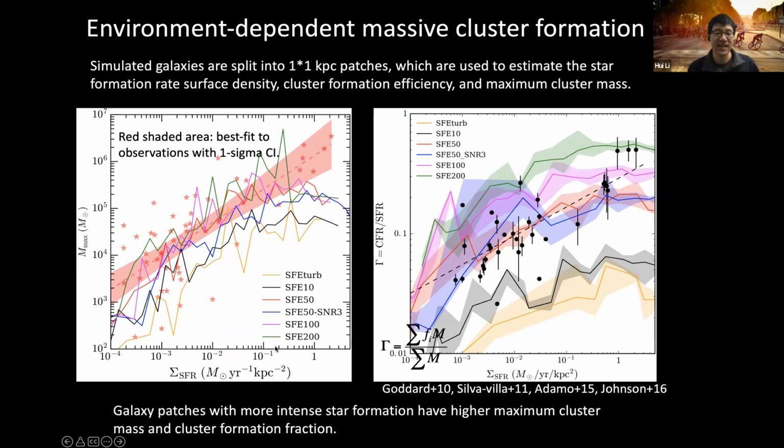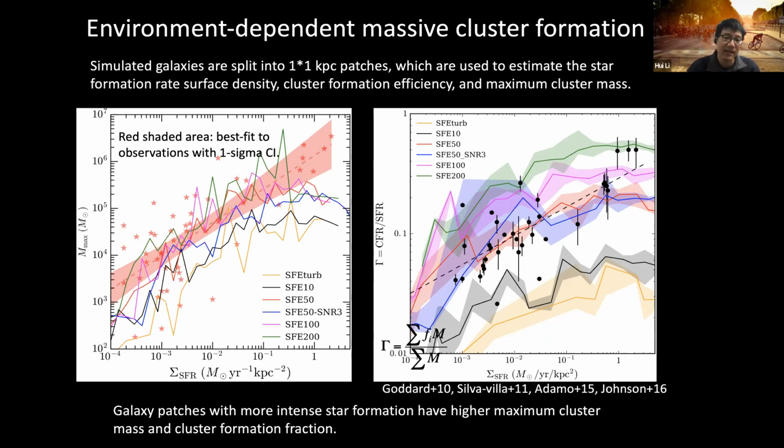For example, on the left-hand side, I show observations and the simulation comparison of the relationship between the star formation rate surface density of one patch of the galaxy versus the maximum star cluster mass that can be formed within this